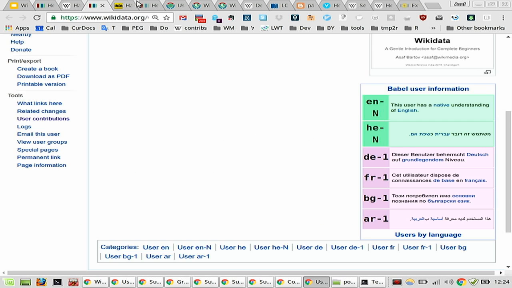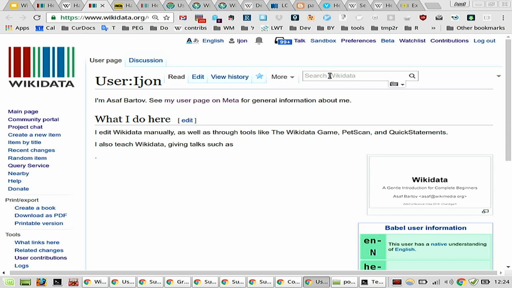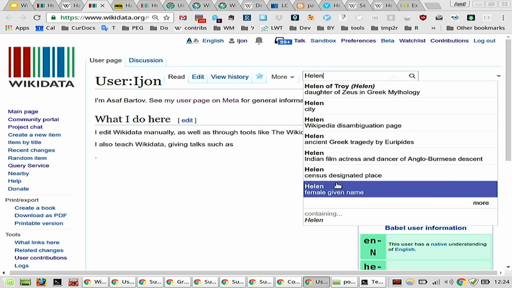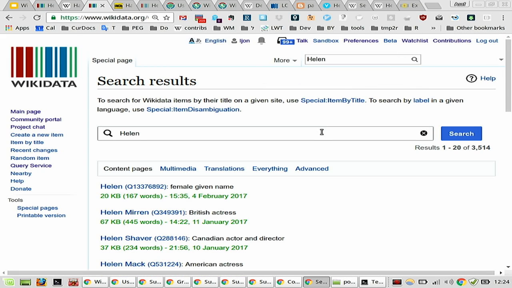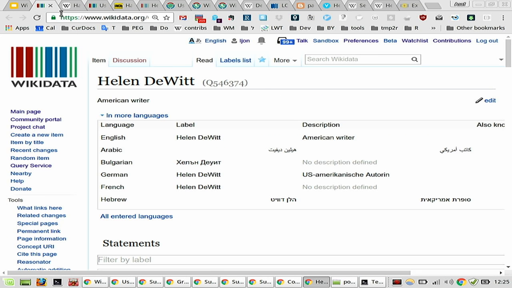So first of all, I could search for it, right? I could go to Wikidata, to the search box here, and just start typing and search for what I want. If I'm searching for Helen DeWitt, I just say Helen, and I can see whether or not it exists. And there's a detailed search results page, etc., where I can find out if the item does exist or not. Excuse me, this reminds me of a very important thing I wanted to demonstrate, and that is